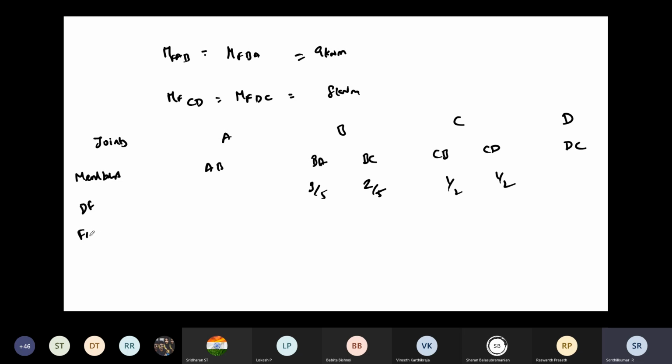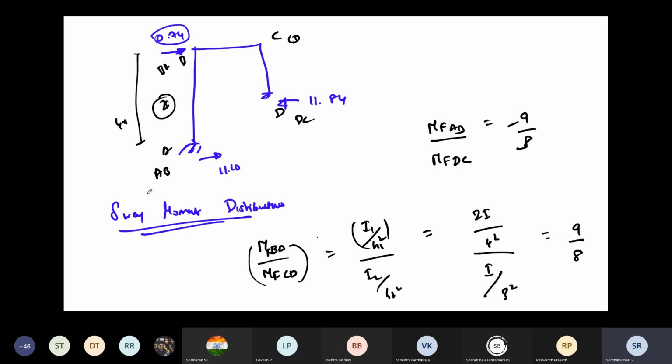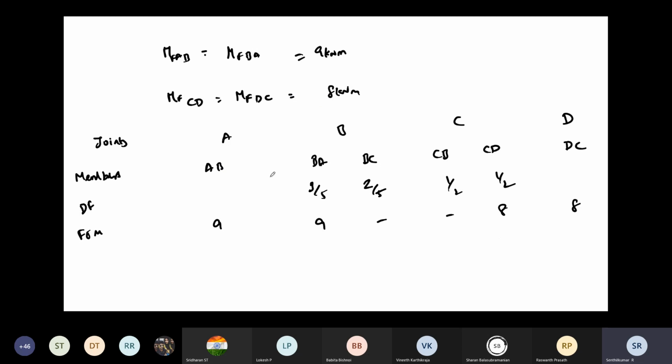But now, what about your fixed end moments? Now we are having 9, 9, 8, 8 like that only. We are not considering the external loads. Due to the delta alone, what moments are developing? That only we are going to iterate now. So AB 9, BA 9. Then what about BC and CB? Nothing is going to come. So CD and DC 8 and 8, right? This member is not going to sway. Only these two members are going to sway. This member is straightly horizontal only, no settlement. So there is no moment, right?